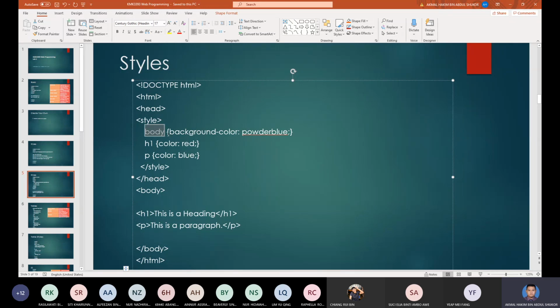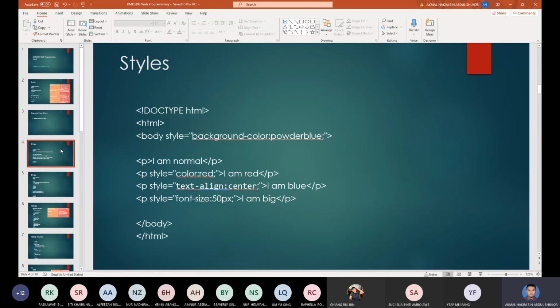So here, for example, I highlighted body. When you say body, you will highlight everything that is within the body tag. So the entire body will have background color powder blue. And here H1 will be color red, because we want it to be red. So both